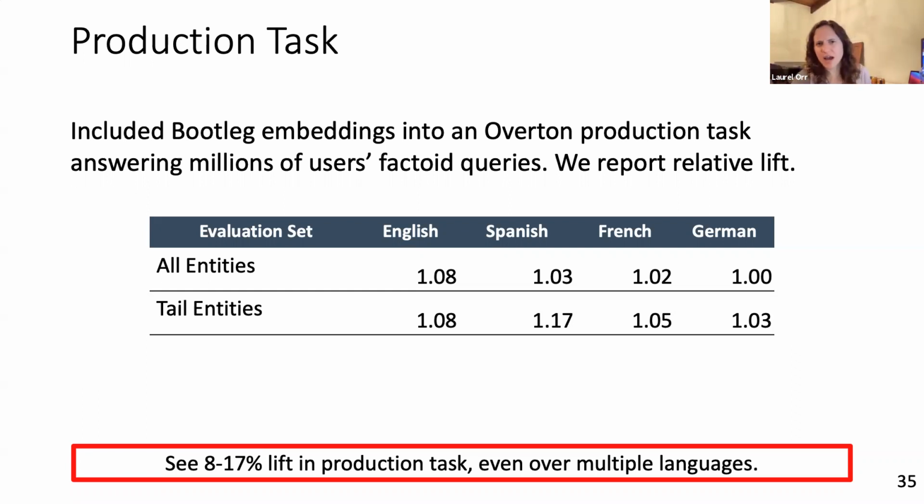We look at a relation extraction task, mainly the TAC-RED task. We took a baseline relation extraction model, added our entity embeddings to it, and found a lift in performance, particularly because the Bootleg embeddings were able to encode relevant information about the entity that was then transferred to the TAC-RED model. So these embeddings were used downstream successfully, and this is still something we're actively looking at with other tasks as well.